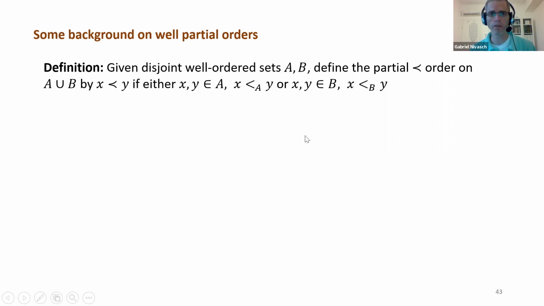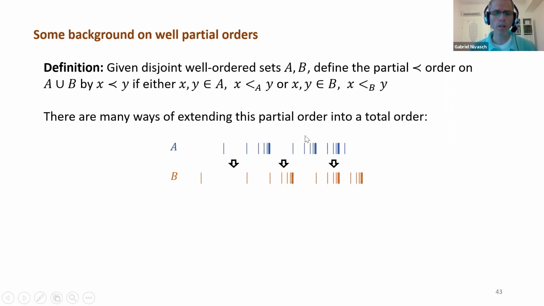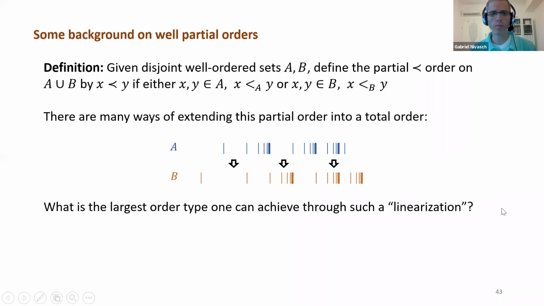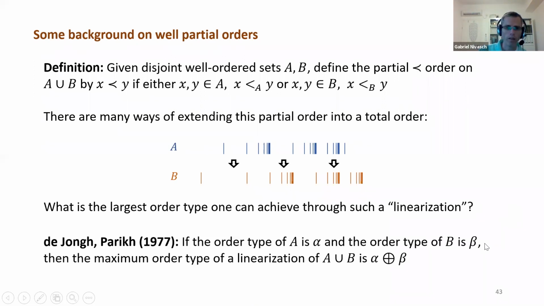So you have this partial order on A union B, and you ask, well, I would like to extend this partial order into a total order, which means basically sticking in A into B in some way without changing the relative order in A. And the question is, what is the largest possible order type you can achieve this way? This extension of a partial order into a total order is called a linearization. So what's the largest order type of a linearization of A union B? And the answer is